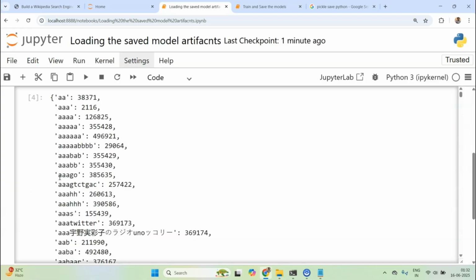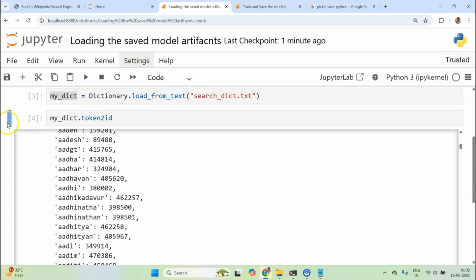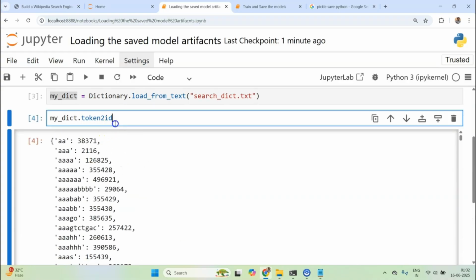Maybe token to ID, and we can clearly see we have got token to ID, and maybe it should have April here. So maybe let's get ID to token dot get 27.